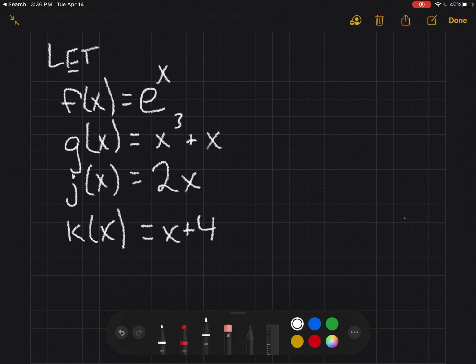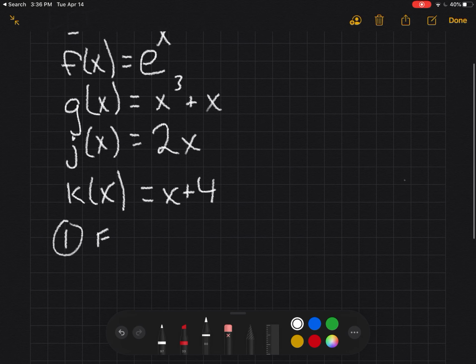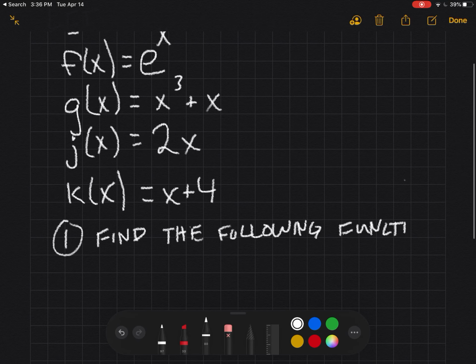So function composition is a way that I can combine 2 functions into another function. So I'm going to remind you a little bit about what that notation looks like. But first, we're going to do some activities here. So for the first thing I want you to do, I want you to find